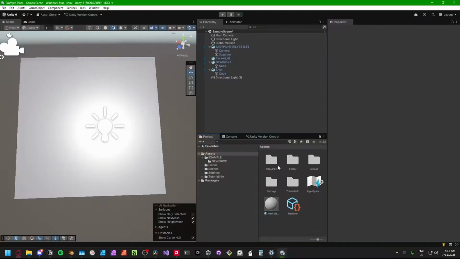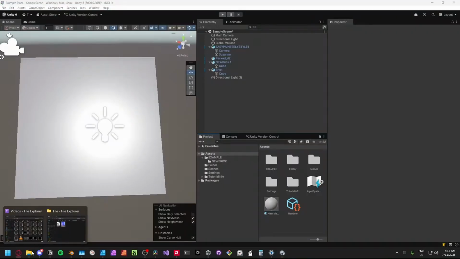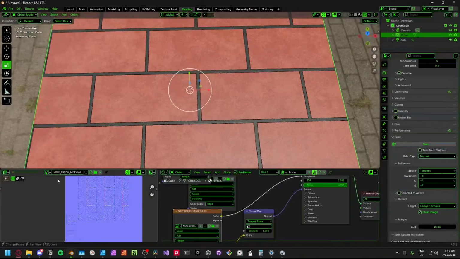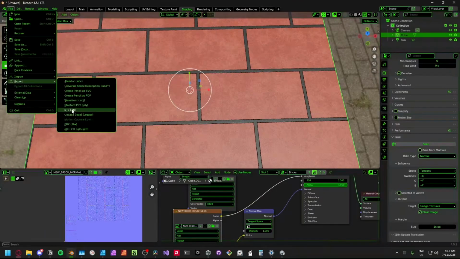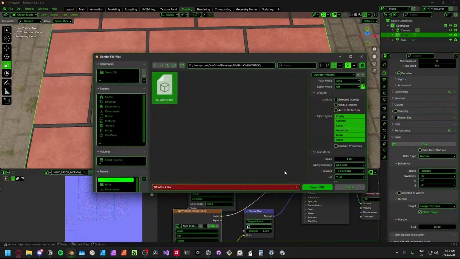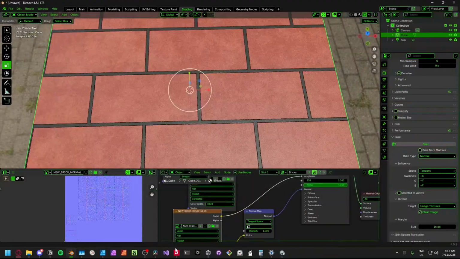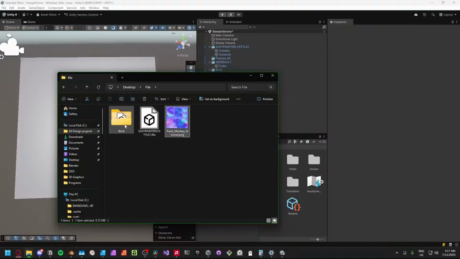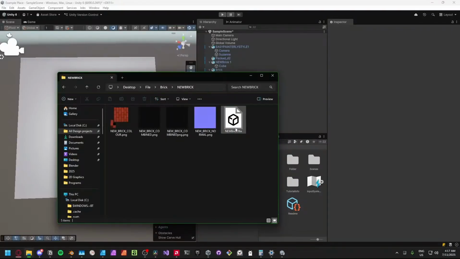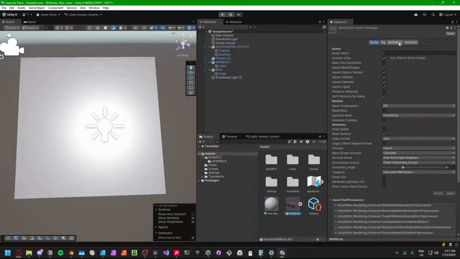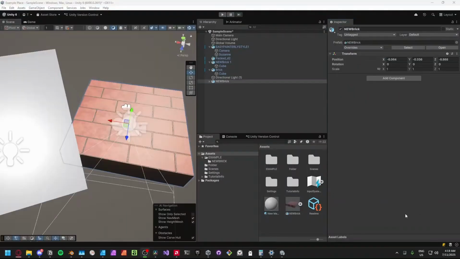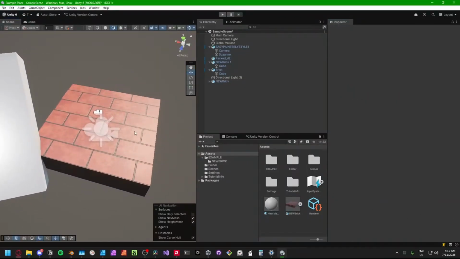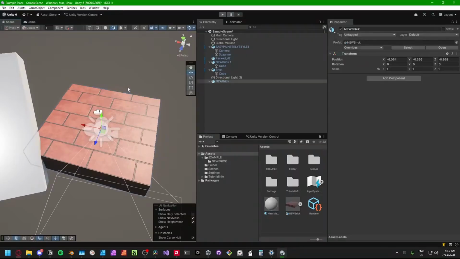And then now once you're in Unity, what you want to do, first you need to actually go File, Export, FBX is preferable. Export as FBX, and then brick, new brick. We've got our FBX here. Drag that in. It already has the materials here, but assuming that the materials aren't already plugged in and all working,